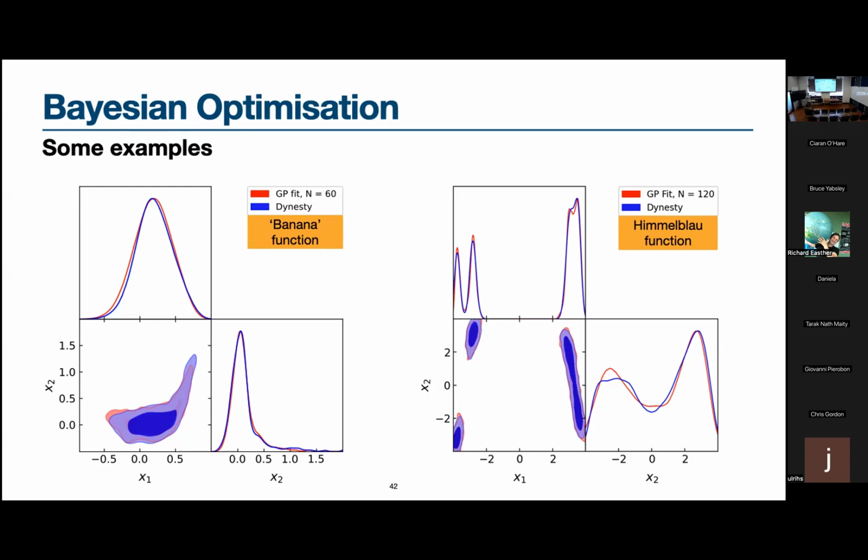So why choose this specific type? Is there a bias or is there some peak? Why do you choose this banana? I mean, I could also show you examples for multivariate Gaussians, but those are very simple. So the idea is to take functions which have complicated landscapes, which standard techniques might struggle with. Yeah, these are standard test functions, especially nasty examples of functions. Of course, physically, you probably don't expect to see the Himmelblau in cosmology.